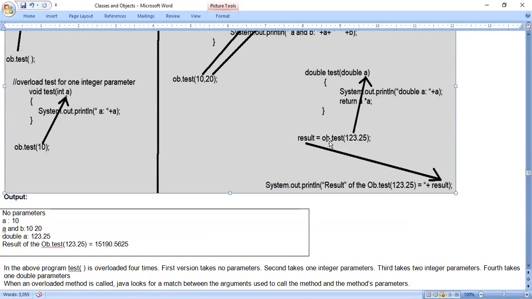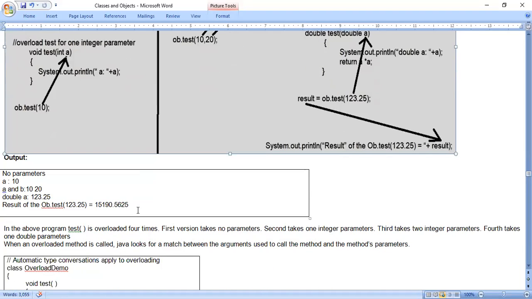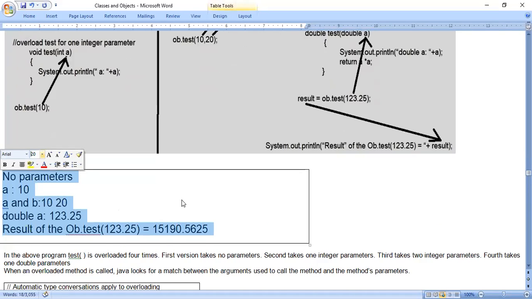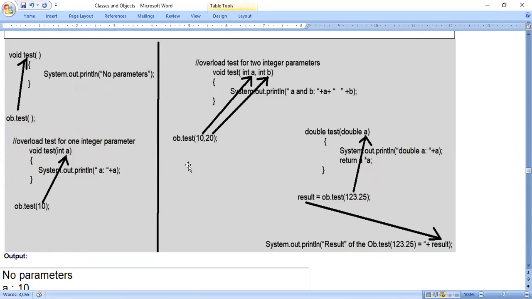So result is equal to ob.test(123.25). It is calculated as 123.25 * 123.25. That value is returned to this particular line, and that result is substituted here. So we are getting these values. You just observe these values. Okay, then look at this diagram. If you have any doubts,